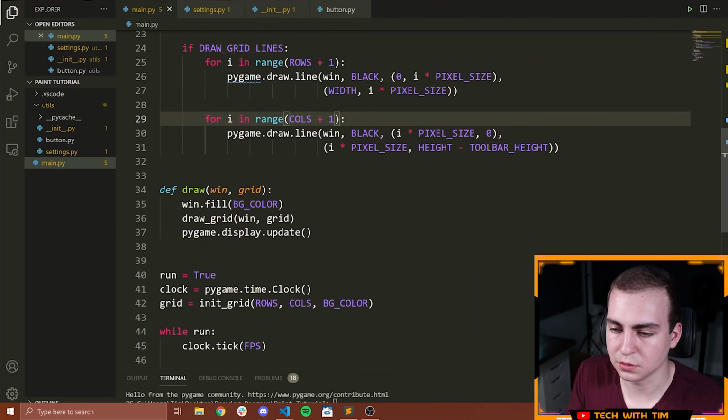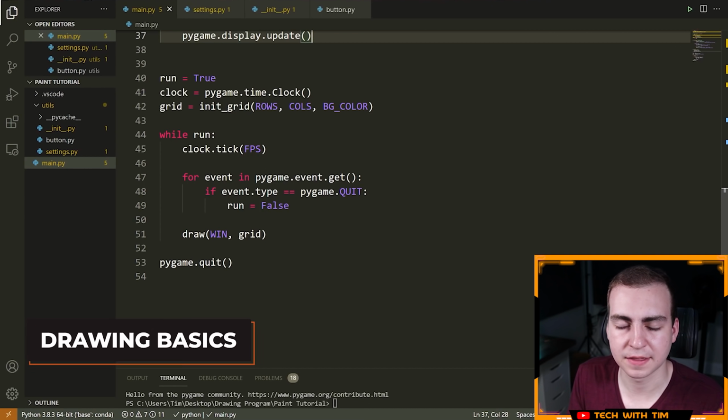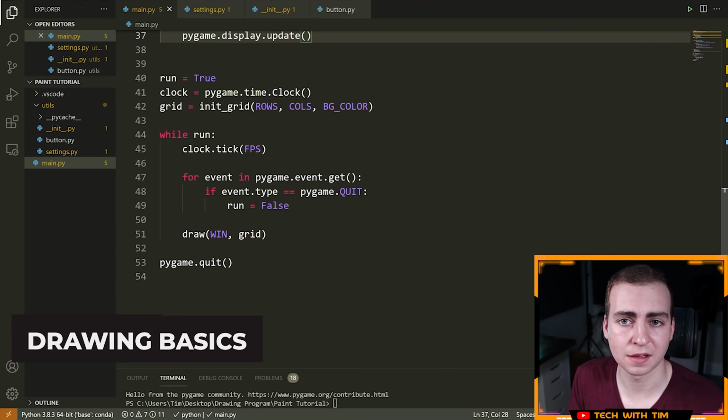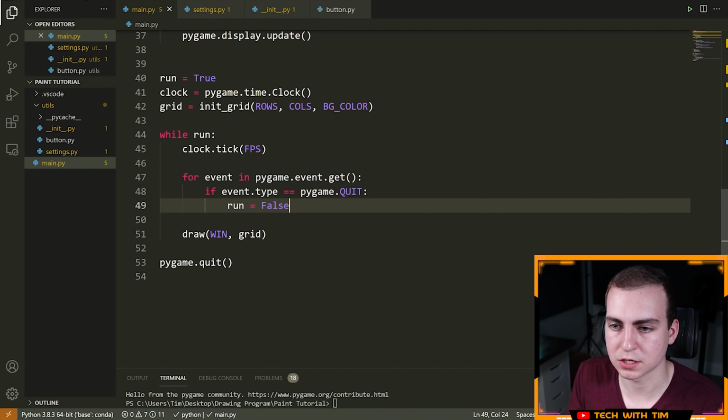The next thing we need to do is we need to make some buttons for some different colors, and we need to allow the user to actually draw. So before we do all of the buttons, the first thing I think we should do is just make it so you can draw black on the grid. So just one pen color, sorry. And then what we'll do after that is implement all of the buttons and change the drawing color.